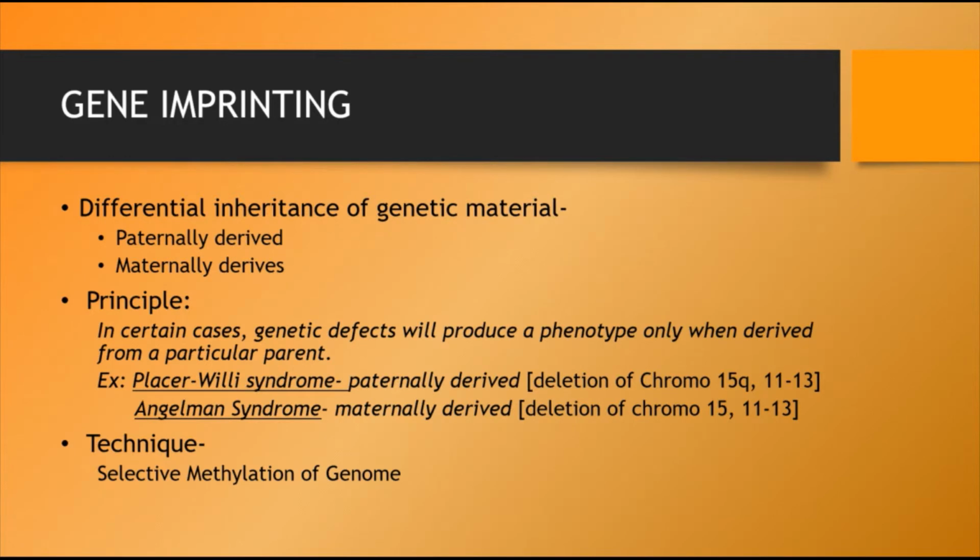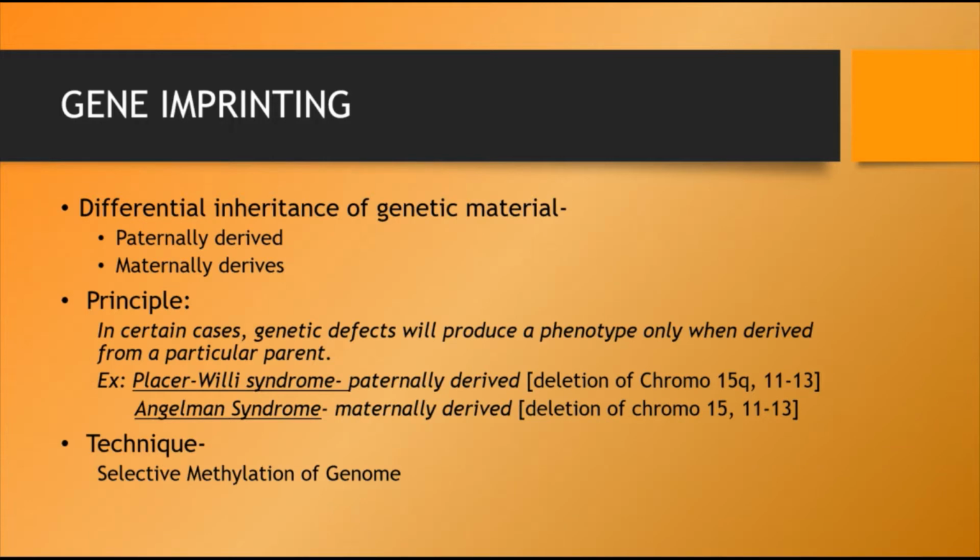Firstly, gene imprinting. So this technique is defined as a differential inheritance of genetic material from mother and the father. And basically it is visualized that the male and the female parental contribution to the genome is not truly equivalent, and the function of the chromosome differs depending on whether it is inherited from the mother's side or the paternal side. Because the paternally derived genes are important for the development of the placental tissues per se, and the maternally derived ones are important for the embryo development.